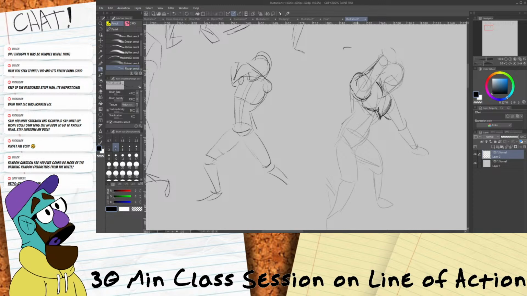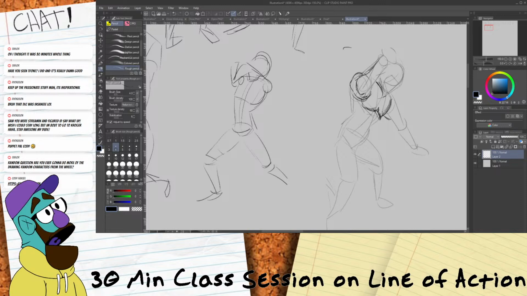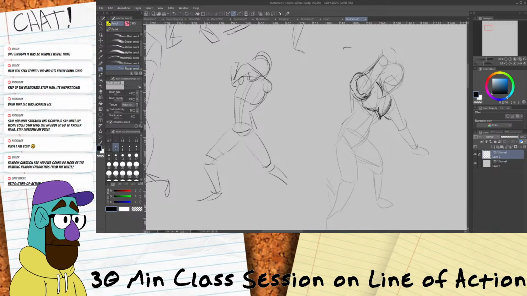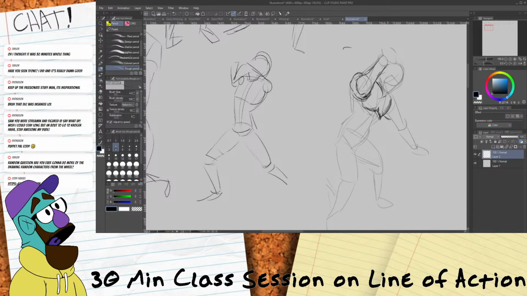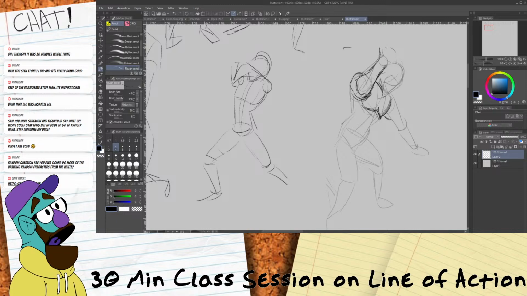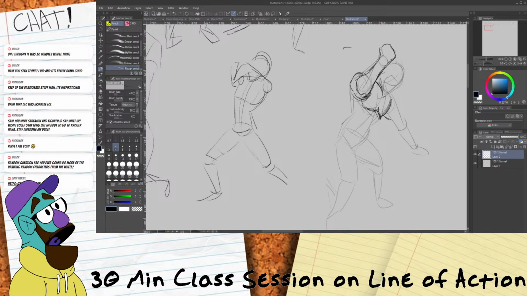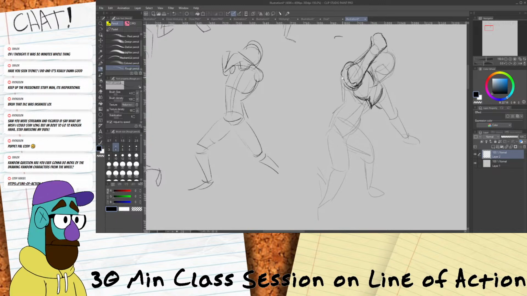And then it goes to 1-minute poses, and then 5-minute poses, and then a 10-minute pose, where you're supposed to really just sit there and go through the whole process and noodle it out and study it. Like, I'm probably going a little bit too into detail right now for what is supposed to be a 5-minute, but